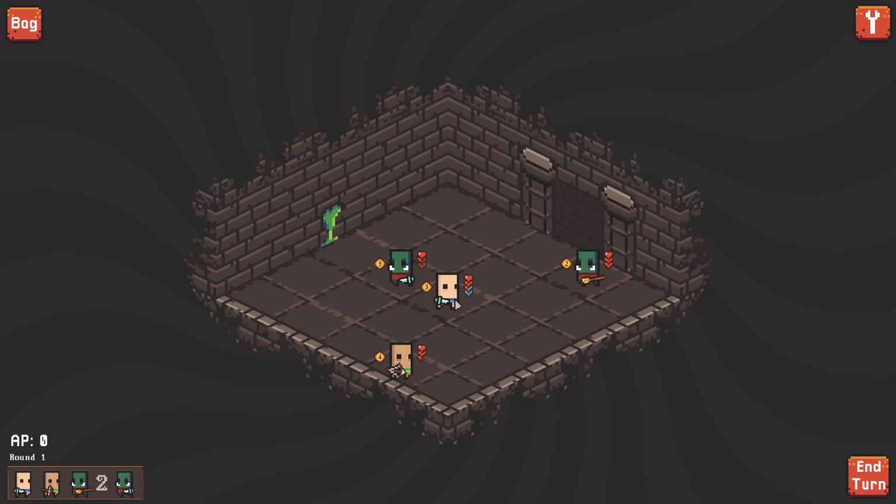Right, so it looks like that character there deals 3 damage. I think that monster there deals 3 damage. That one there only deals 2. And this person over here deals 4. And it looks like they've got a bow of some sort. So if we end our turn there...